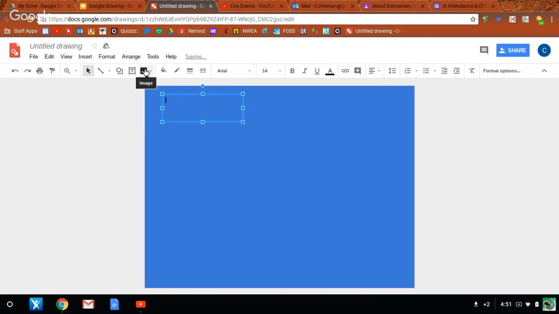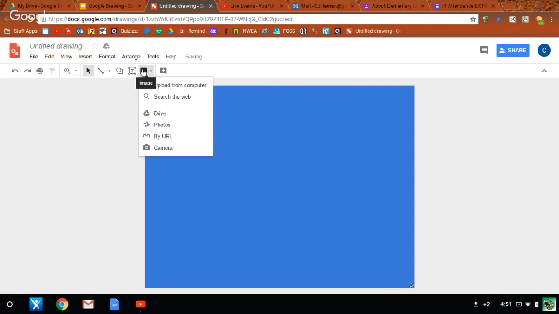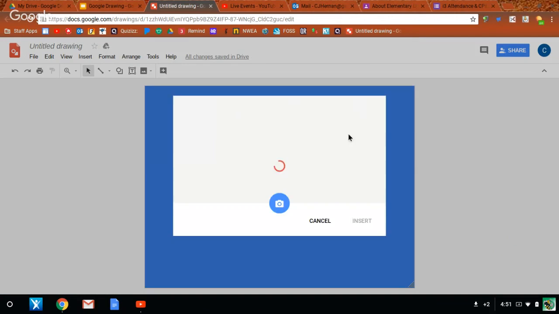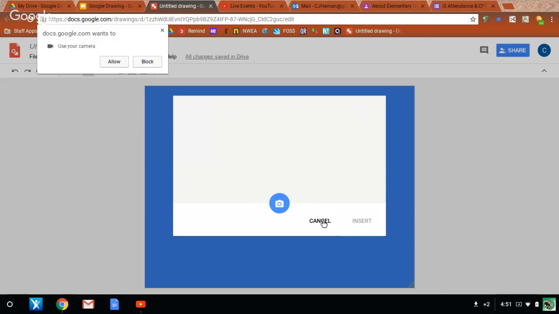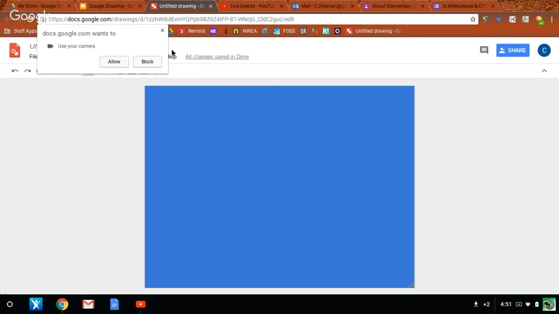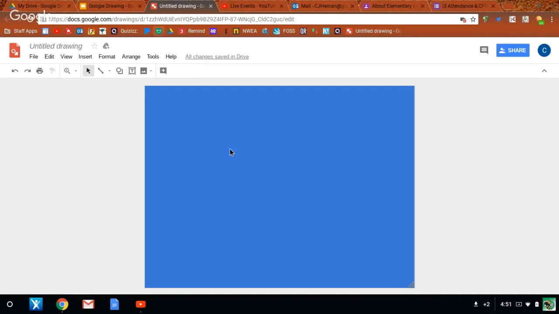There's also where you can add images either from your drive, from your own personal photos, from your camera. Also, you could probably even just pull up another window with just Google and look up Google Images to add on there. What I was going to show you